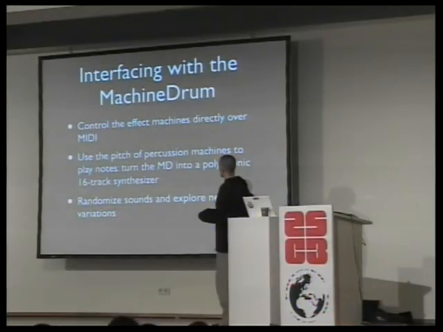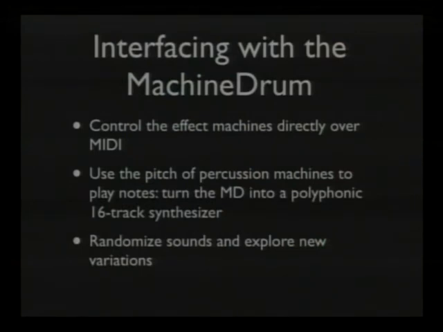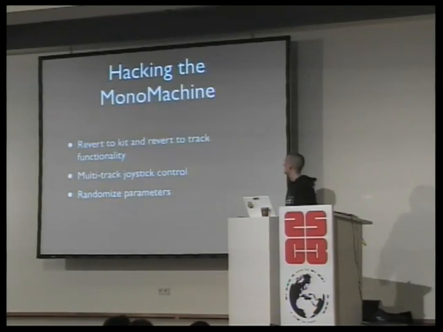On the mono machine, one of the really cool things is that you can randomize sounds in a kind of intelligent manner, using genetic algorithms, for example, or using interpolation to discover new sounds you'd never come up with by hand. So for example, I can store a parent sound and a mother sound and then merge them and try out some new variations. It's pretty funny as well. It's what we did all night yesterday.